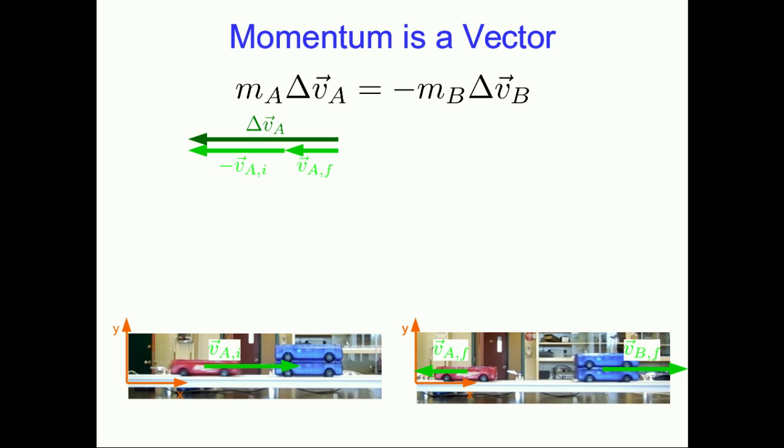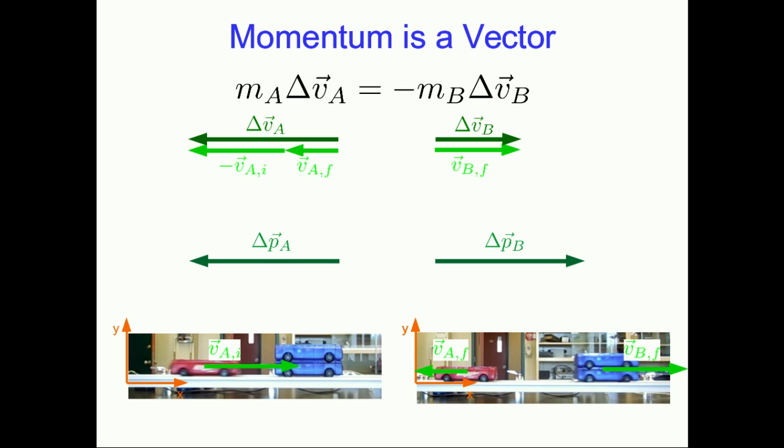There's delta VA, right? I've taken the final VA and I've subtracted the initial VA from it. And similarly, there's my delta VB. Since VBI is 0, I don't even need to use it in constructing that change. Now remember that what's going on here, in the case I've shown in the pictures, is that the MB is twice what MA is. And so when I now multiply those delta v's by the m's, I wind up with